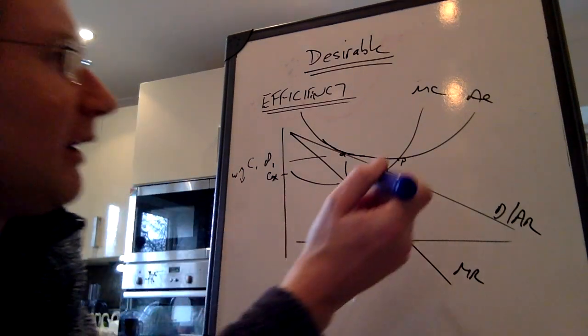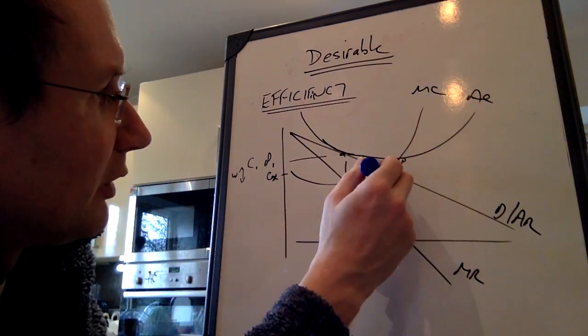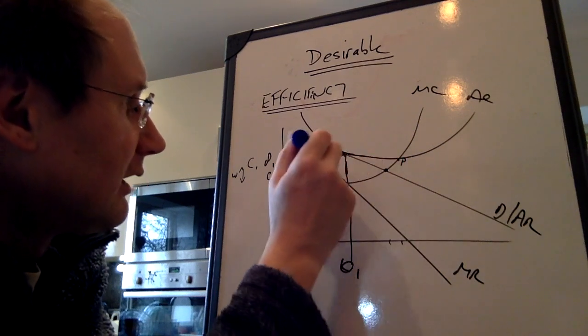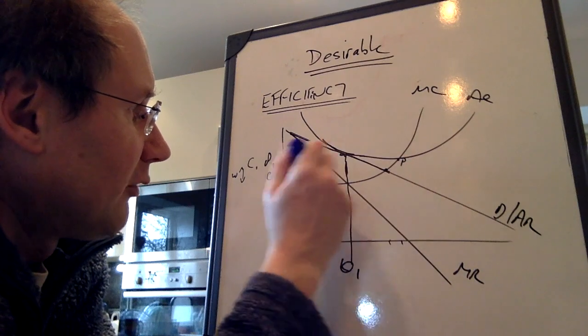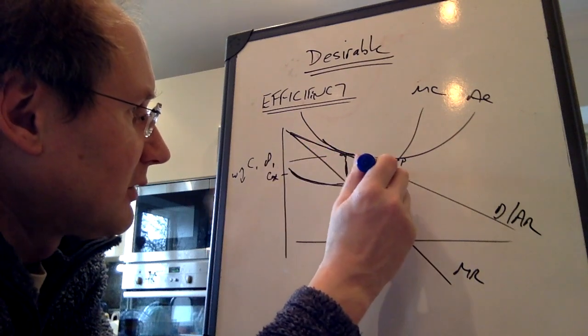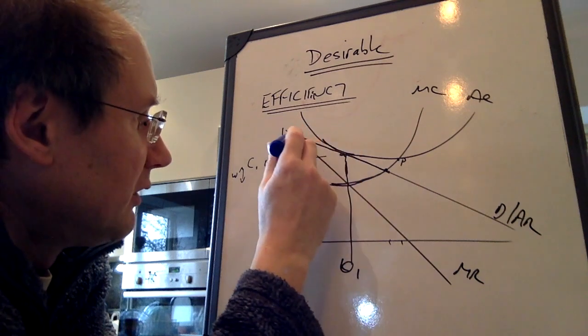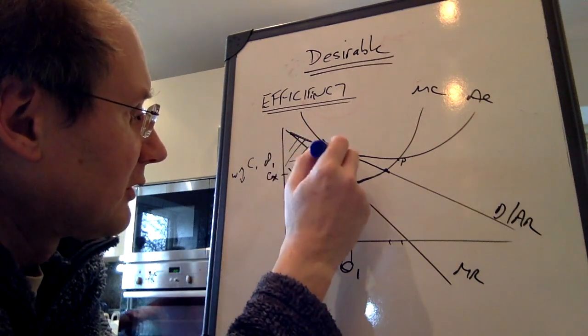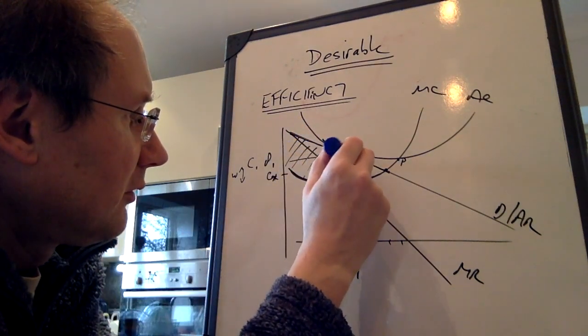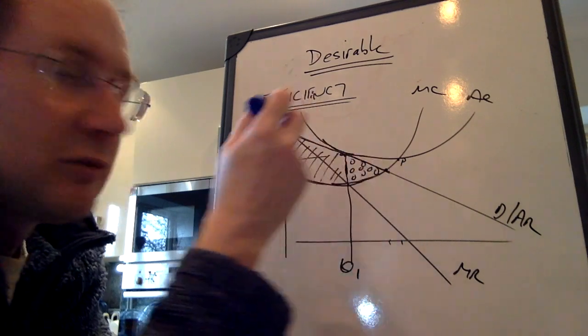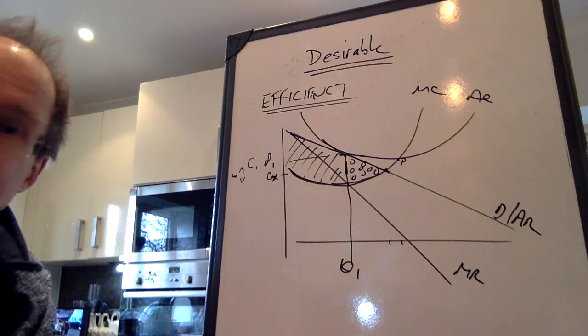So therefore, the point is that we have no longer maximised welfare. The allocative efficient output's there. We've only produced there. So we could have had overall welfare of that amount, but we don't. We stop short. So we do get welfare of that much there, and we fail to get as much there as we could do. So there's welfare loss. So that would be my starting point on the essay.